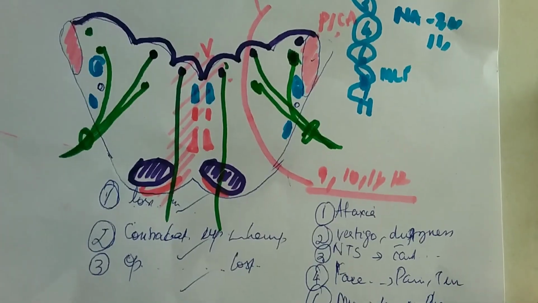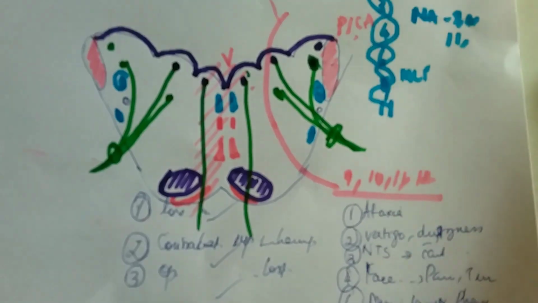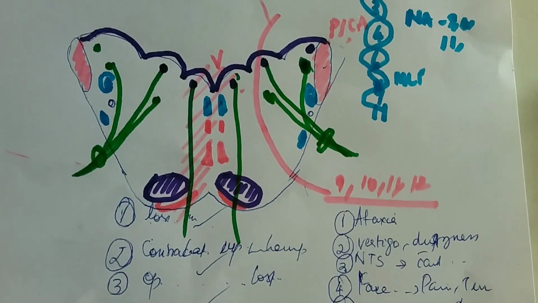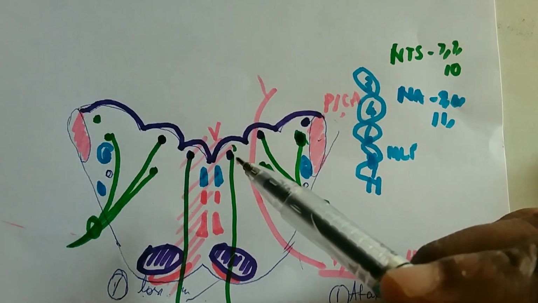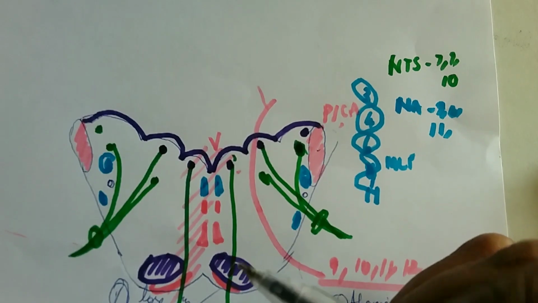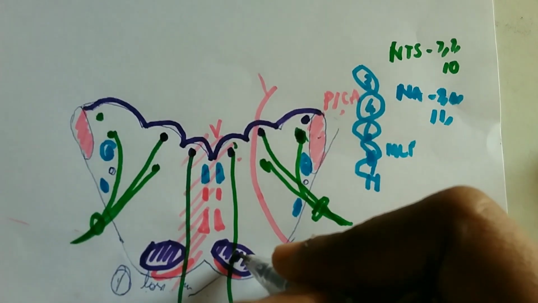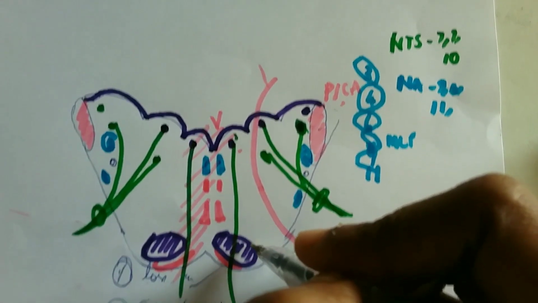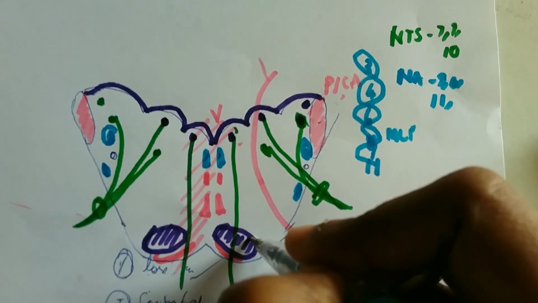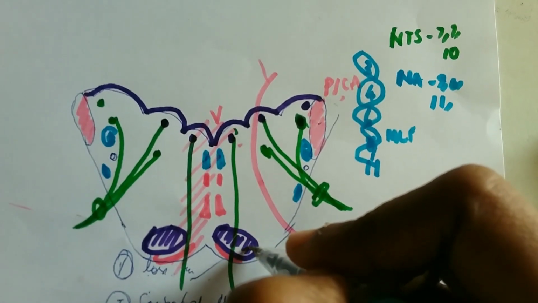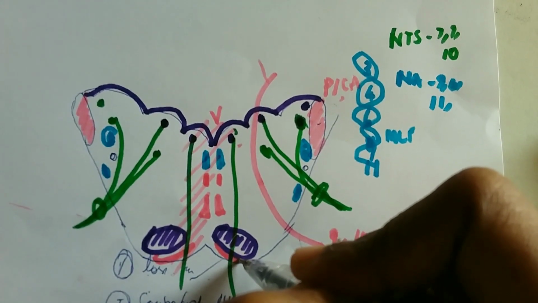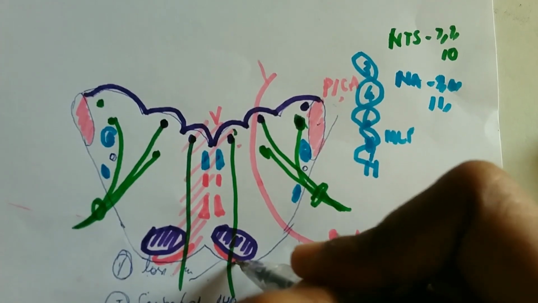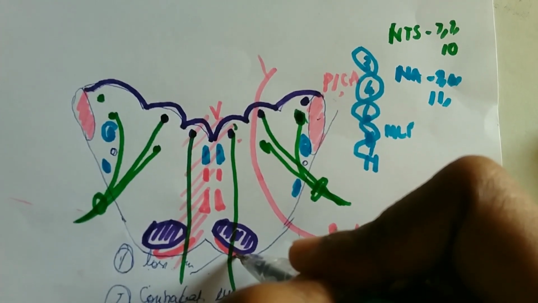PICA, posterior inferior cerebellar artery. So we have drawn everything. Now the student should take a test in that. Okay, so don't look at anything. I will ask you what is this, what is this, you have to answer me. Number one, usually we ask this, mark distribution will be like this only. Number one, what is this? Answer is pyramid formed by corticospinal fibers. And what is this? Arcuate nucleus formed by displaced pontine nuclei. And this forms anterior external arcuate fibers.